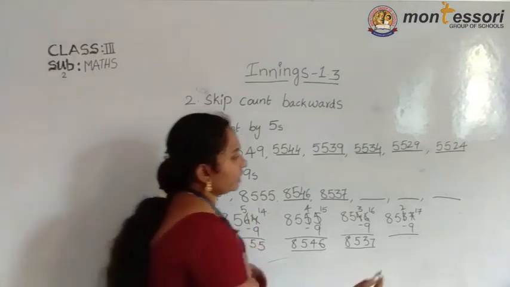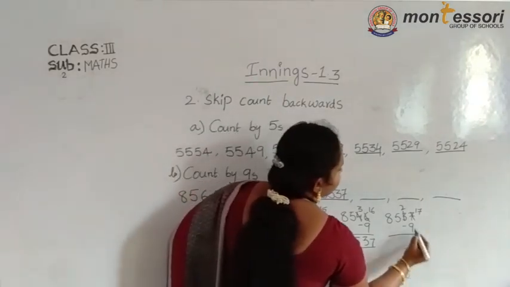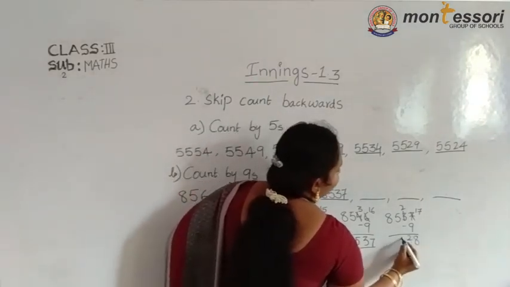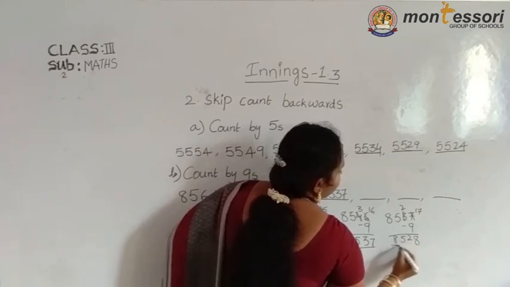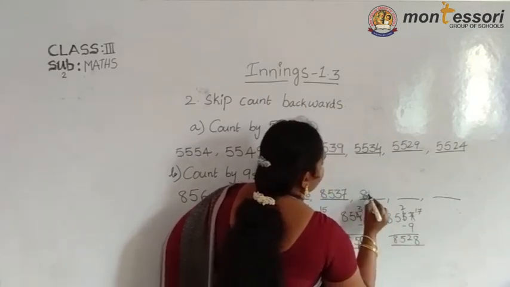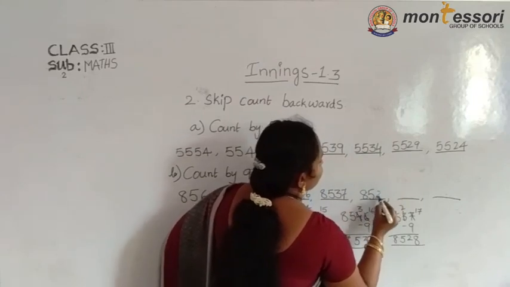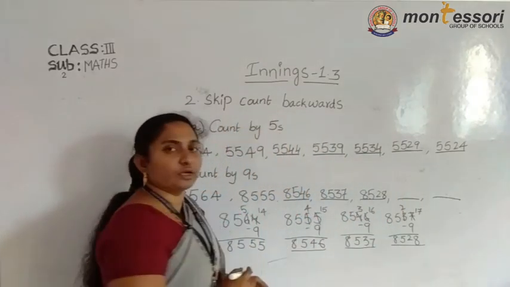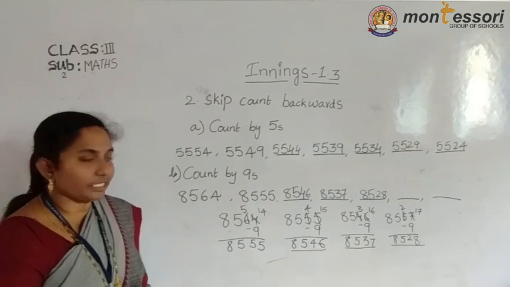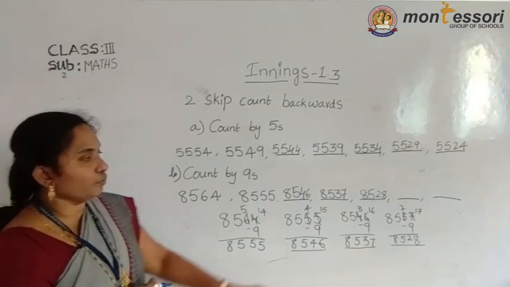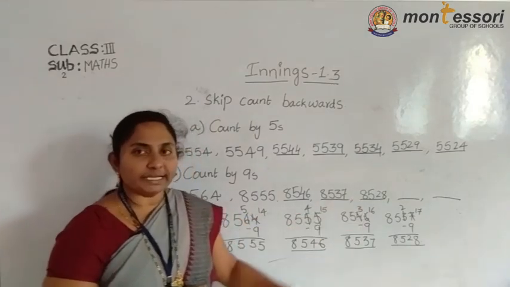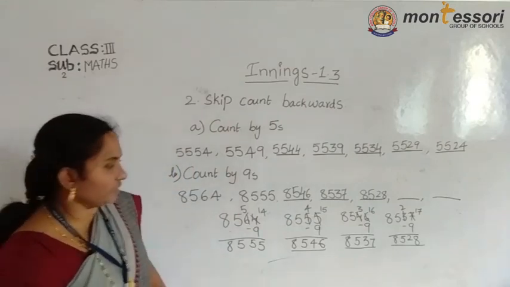Now I am writing here 8. And again here 2, 5, 8. Now I am writing here 8528. 8528. Now again I am doing a subtraction with minus 9. Okay. Now I am writing here